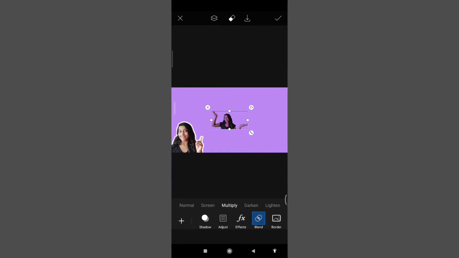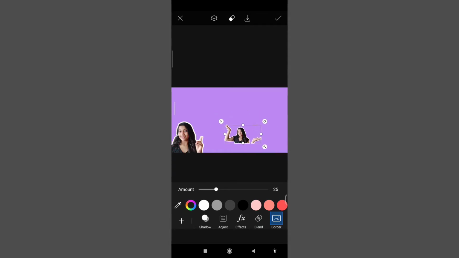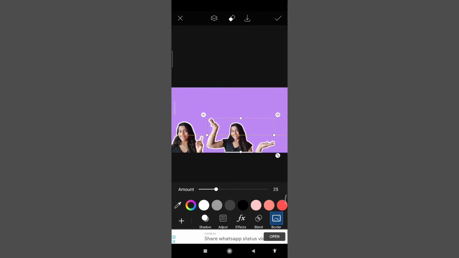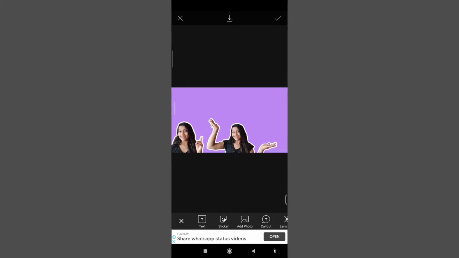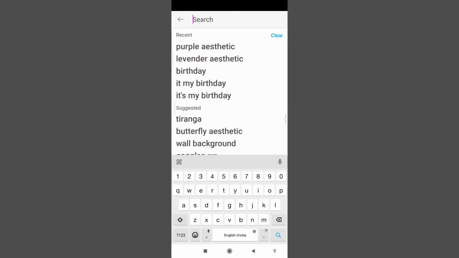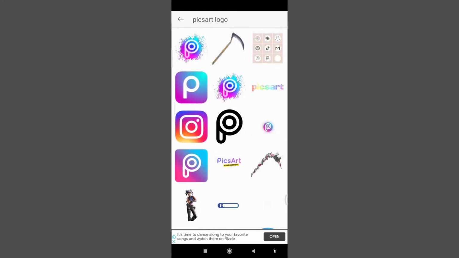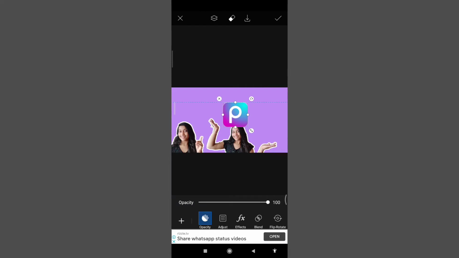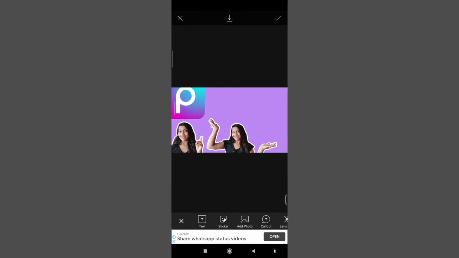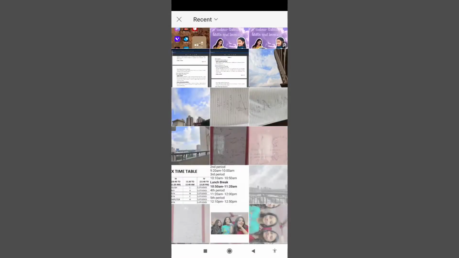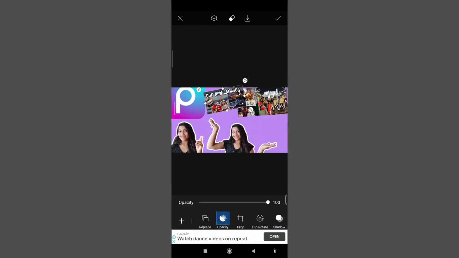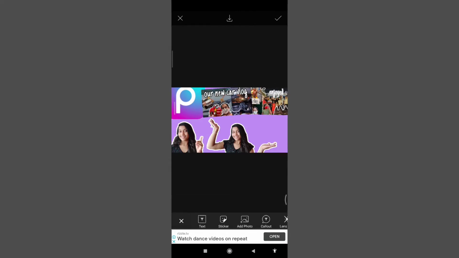So guys, here I have cut it out. Now just go to the borders option and border this picture as well. Place it wherever you want it, like I have placed it in between. Now go to the sticker option and search for your thing, like PicsArt. This is the editing for PicsArt only, so now I'm going to add PicsArt in this one. Select any of them which you like. I would prefer you to use the free one only because it's good enough. Now guys, you can add your previous thumbnails so that this thumbnail looks more attractive, or if you are editing some other video's thumbnail, then you can do accordingly.